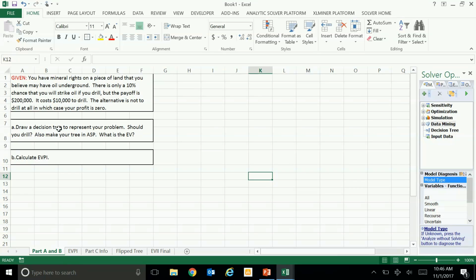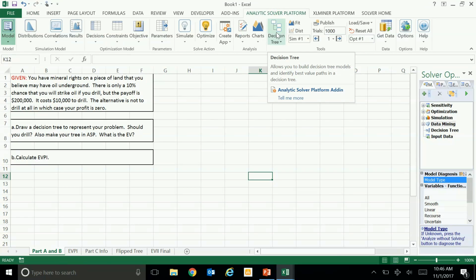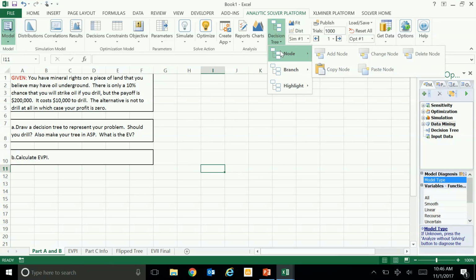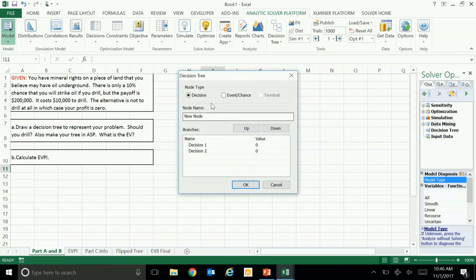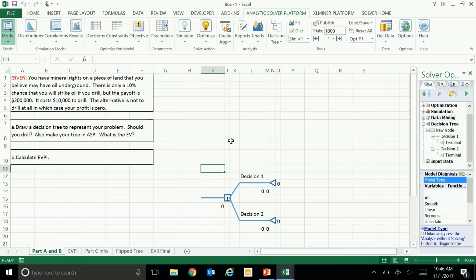That's asking us to do a decision tree and what is the expected value and should we drill or not. And so again, I'll be doing this in Analytic Solver using their decision tree platform. And so the way we do this is we go up to decision tree and we want to click node and add a node. And so we know from class that we always want to start with a decision node, and we can input all of our data in the dialog box, or we can simply click OK and edit it here directly on the tree itself, which is actually my preferred method,